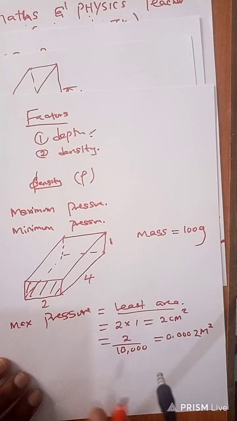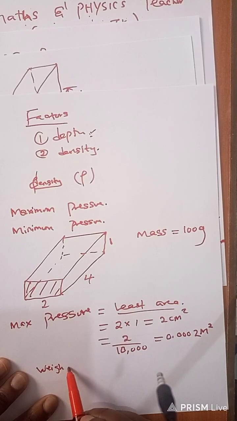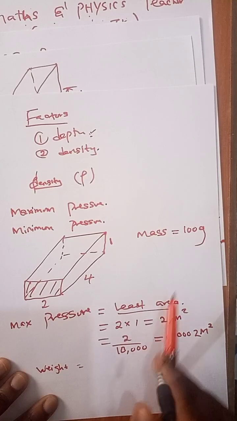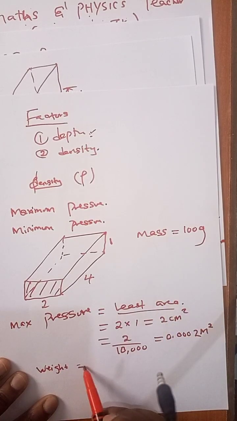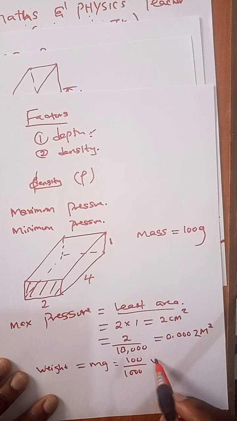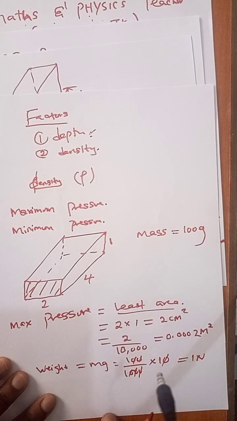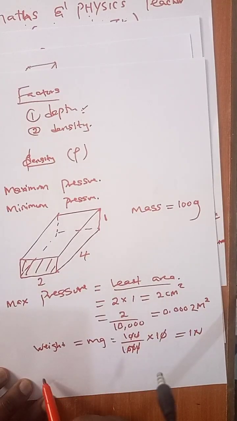0.002 meters squared, and then we need the weight. Weight is needed. We had mass, so weight will therefore be mg. So mass in kilograms: 100 grams, we divide by 1,000 to make sure that it is in kilograms, and then we multiply by g, and on cancelling out we get this to be 1 Newton, and therefore maximum pressure,